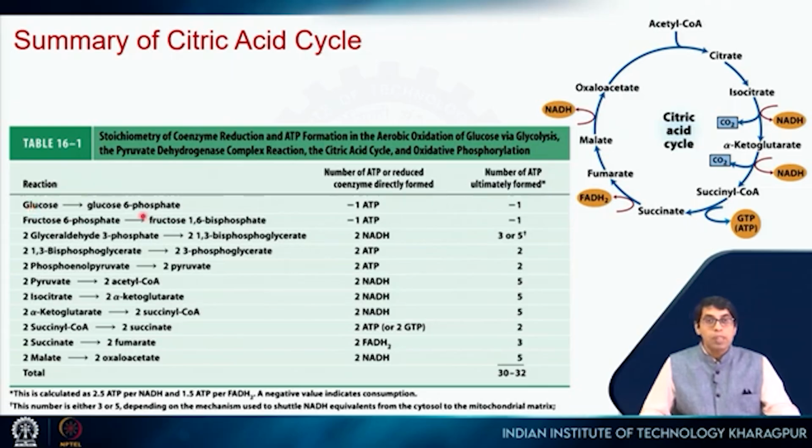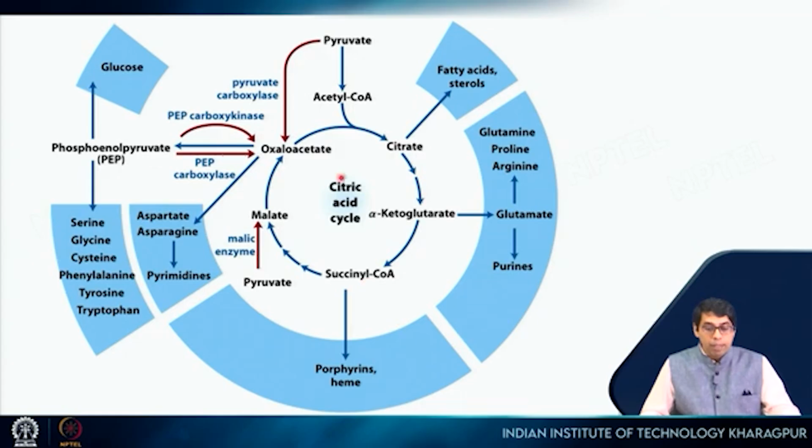Okay. So, what we have seen so far is that glucose oxidation is complete into carbon dioxide. However, the NADH still has to be converted to ATP, and the electrons have to be taken up by oxygen to form water, because oxygen is the ultimate electron acceptor in this reaction. So, the citric acid cycle not only feeds into the final oxidative phosphorylation, but